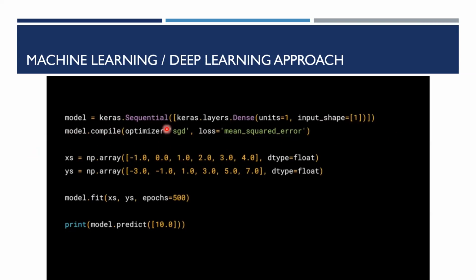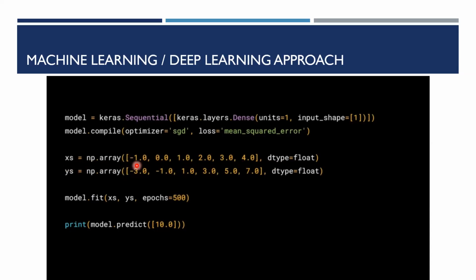So initially you define your model, then you define the optimizer and the loss function. Then you have to give the input and the output, the data. So this is the expected input, XS. Here Python has some very easy techniques, where you have a numpy array, np.array, where you can simply give all the inputs like this.